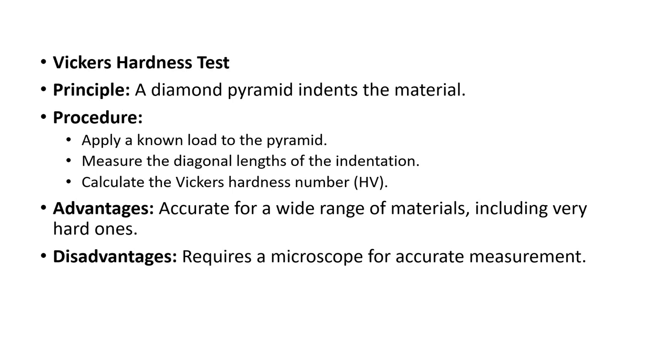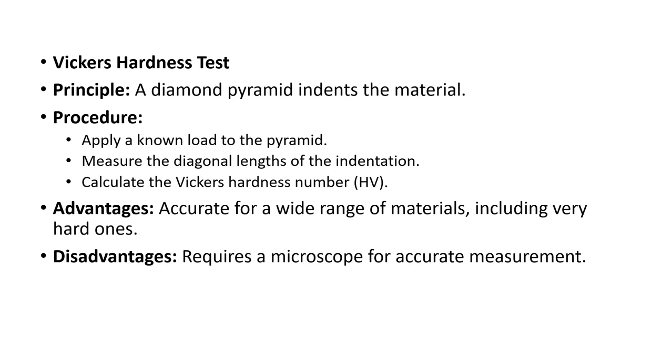We are applying a fixed or known load onto that. Measure the diagonal length of the indentation. Already told that a rhombus is created by that load applied on the indenter. We are calculating the major diagonal length and minor diagonal length of the indentation,